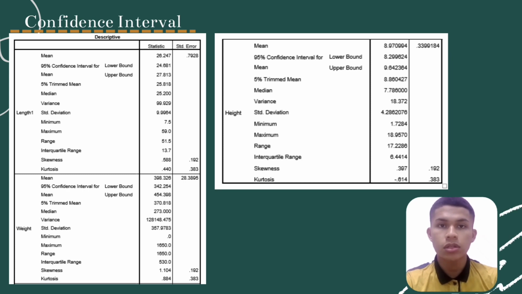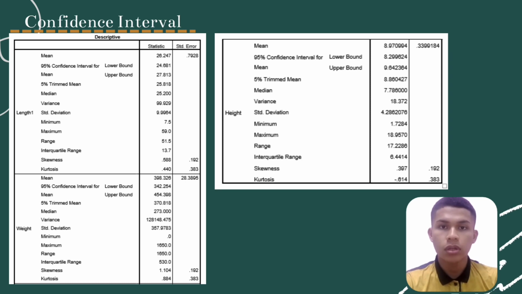26.247. The upper bound is 27.813 and the lower bound is 24.681. The difference between upper and lower is 3.132. The mean for weight group is 398.326. The upper bound is 454.398. And the lower bound is 342.254. The difference between upper bound and lower bound is 112.144. The mean for height group is